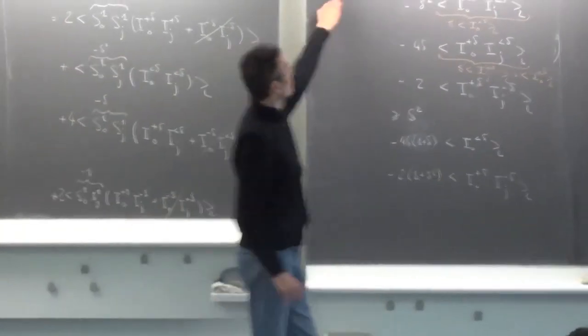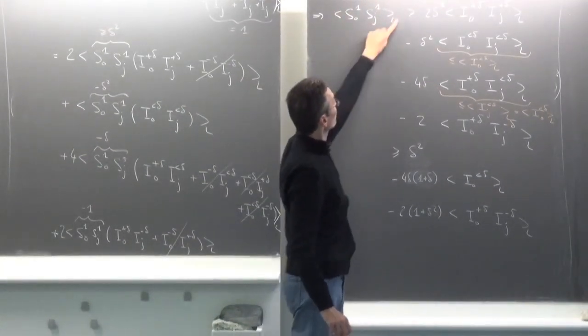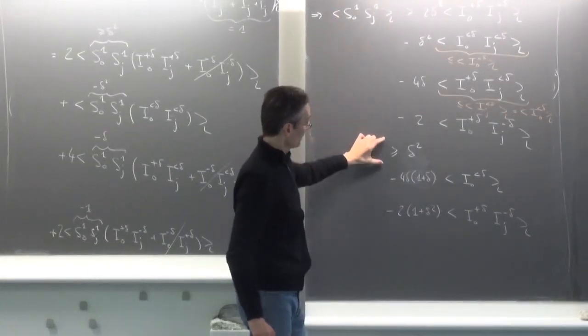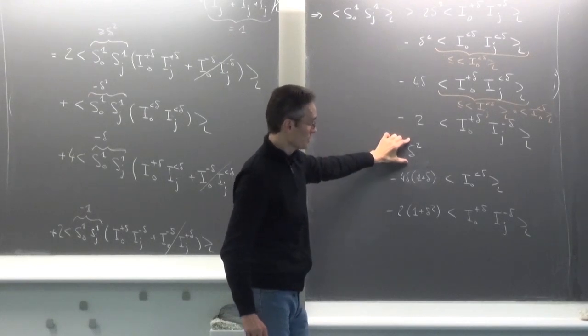So that's our estimate. What we want to lower bound, we want to show that this is as close to 1 as we want when beta is large. This we know that it's larger than delta square, which is as close as we want to 1. We just choose it.